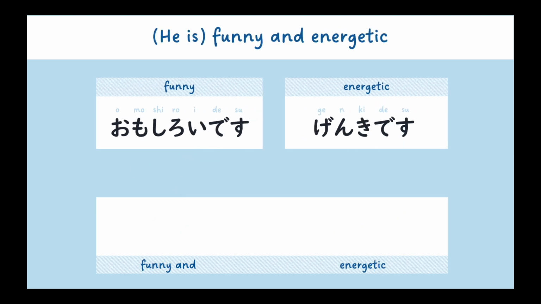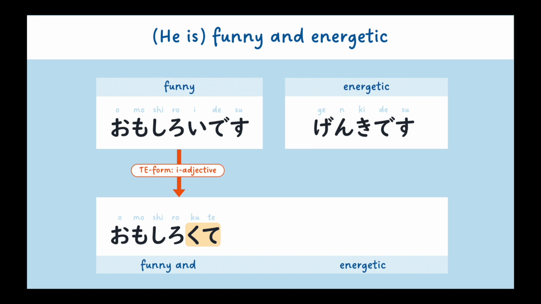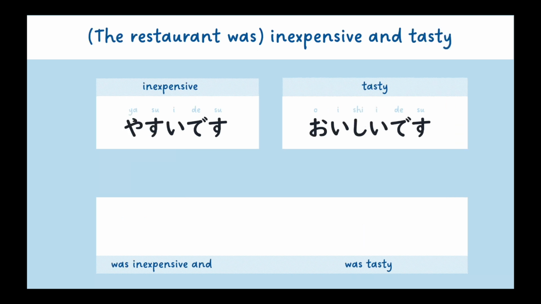What if we switch the order and say he's funny and energetic? Notice that this time funny, omoshiroi came first, which is an i-adjective. The idea is still the same. We change the first adjective to its te form and leave the last adjective as is. So funny and energetic is 面白くて元気です。